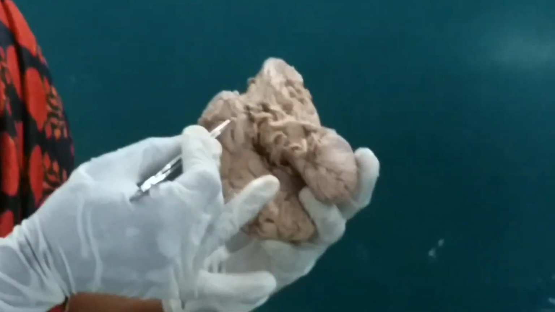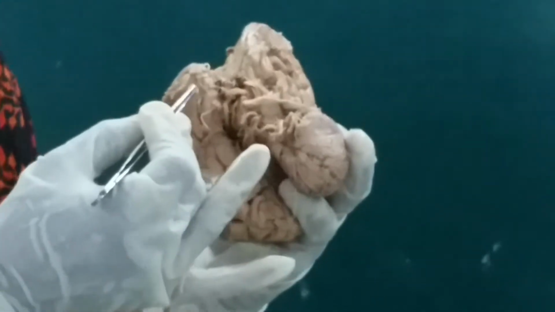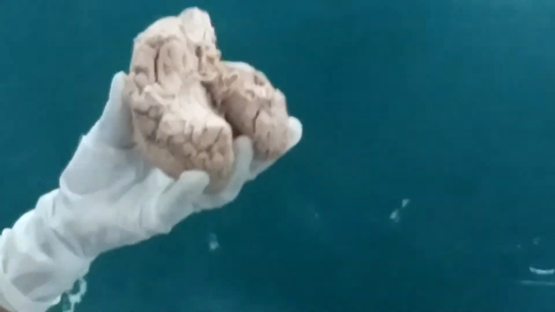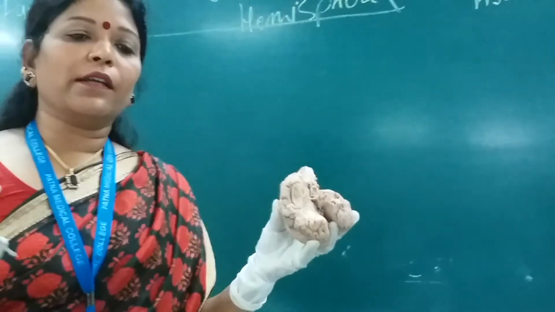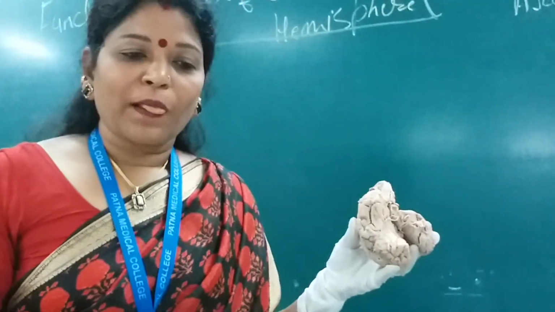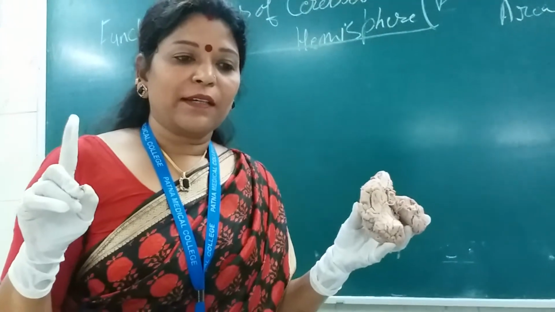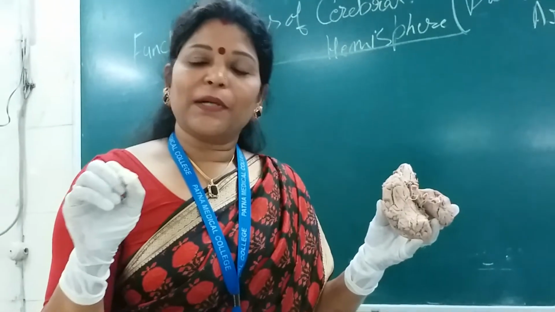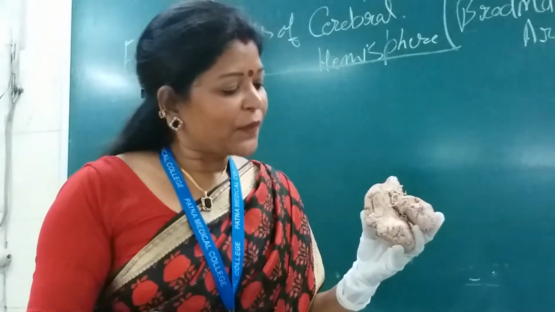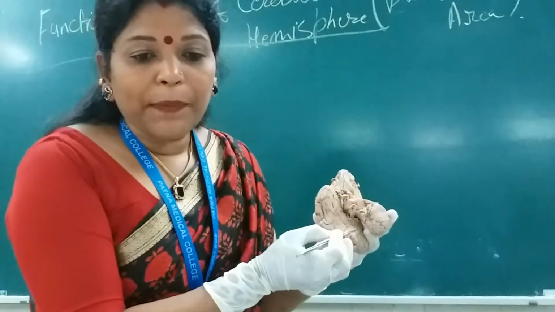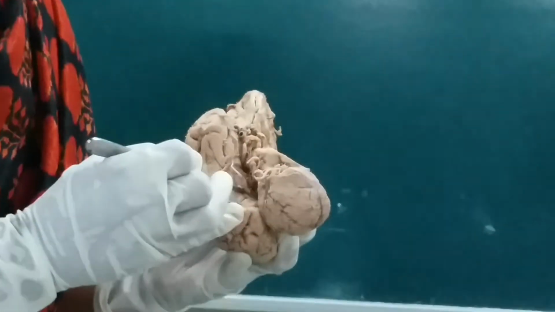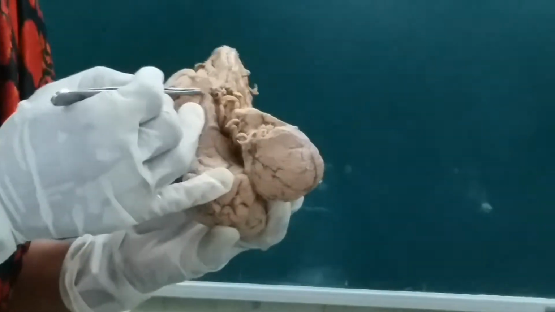See, this is the collateral sulcus. And medial to that, this is the what? One of the gyri, which is known as what? Parahippocampal gyrus. A very important gyrus which is related to which chapter of neuroanatomy? Limbic system. Limbic system, a very important as well as difficult topic also. But there is no difficulty if you read it properly. So the parahippocampal gyrus is on the medial aspect of the collateral sulcus.